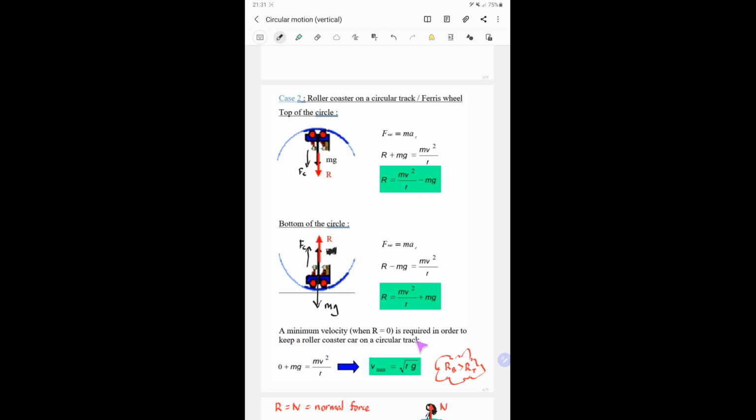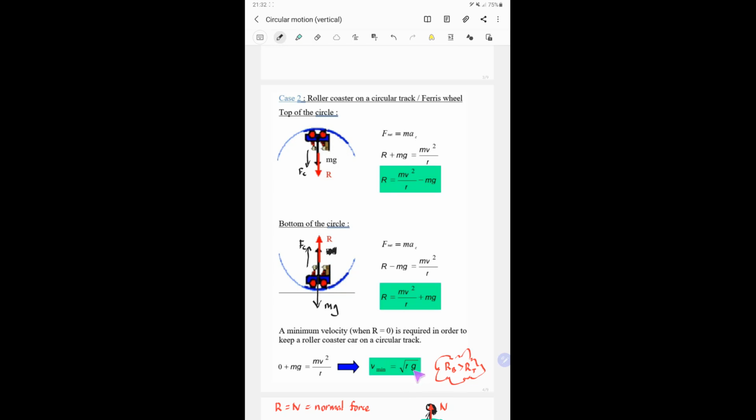Okay, so when R equals 0, what happened? The equation just becomes like this. M and M cancel each other, giving you again V min equals the square root of RG. So to calculate the minimum speed needed to complete the circular motion, this is the equation, where R is the radius of the circle and G is the